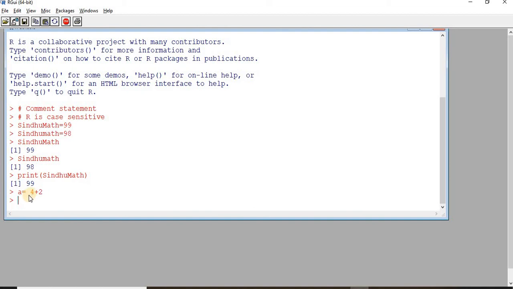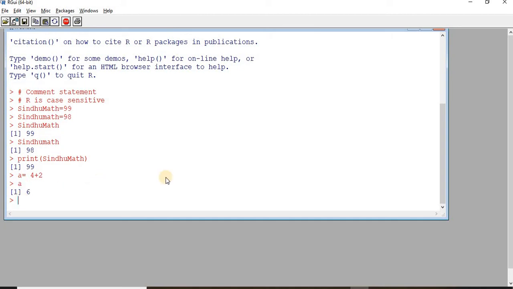You can see that there is an object A which is created, and in this object the value of 4 plus 2 is stored in A. Now plus and equal to are called operators as in any other language, and all the others are called operands. Operands operate using the operators. The operation performed here is addition and the value is stored in the object A. In order to view the value of A, you just have to type A and press enter. So we know that the value of A is 6 now.